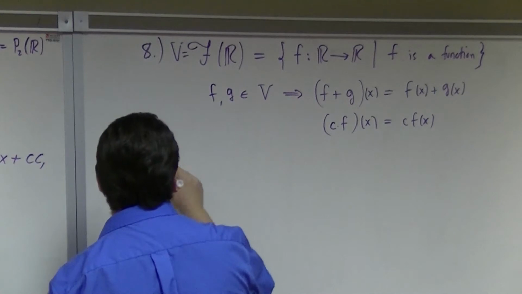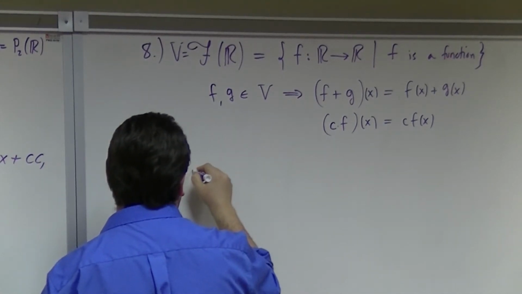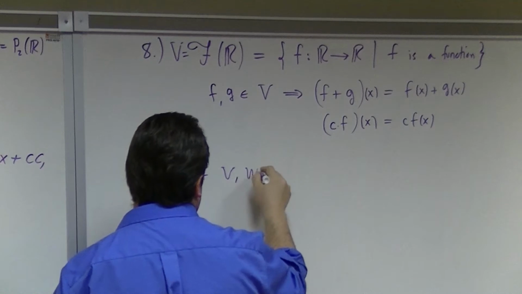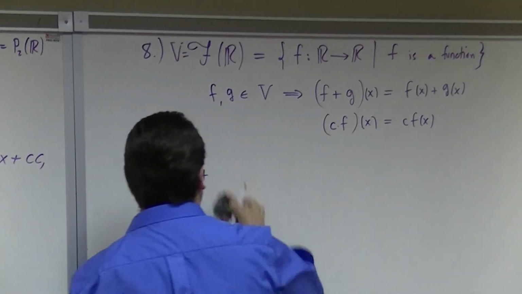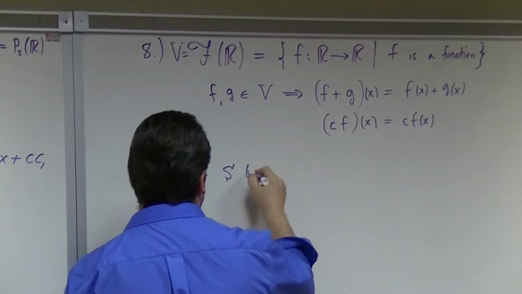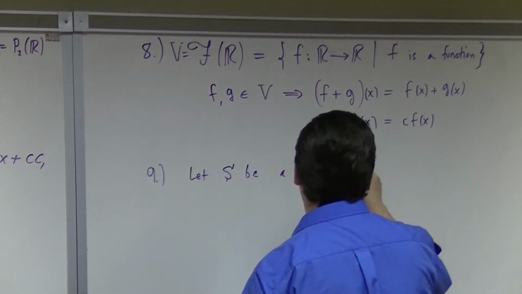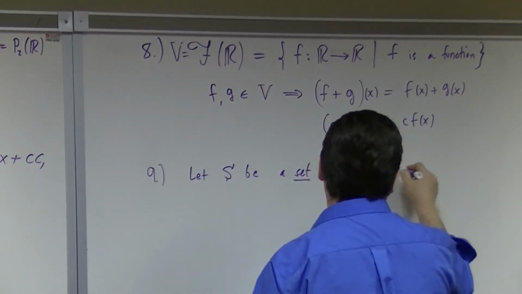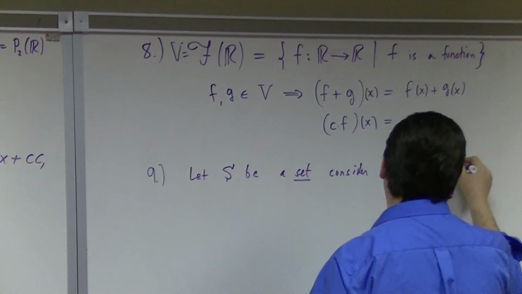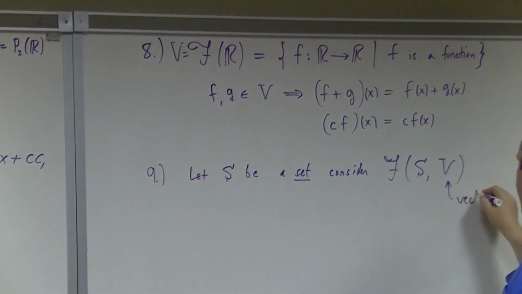Here's a greedier example. Take 2 vector spaces. Actually, let me be even greedier. Let S be a set, and consider functions from a set S into a vector space V, where V is a vector space. So this set could be, I don't know, a set of cats, a set of functions,